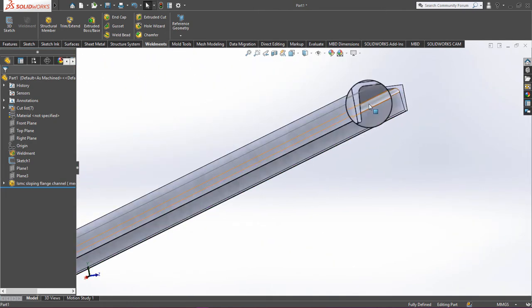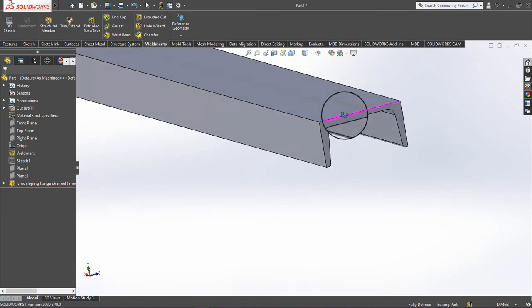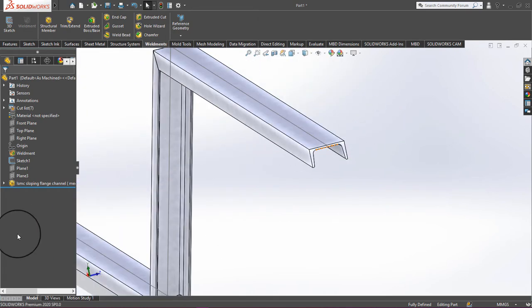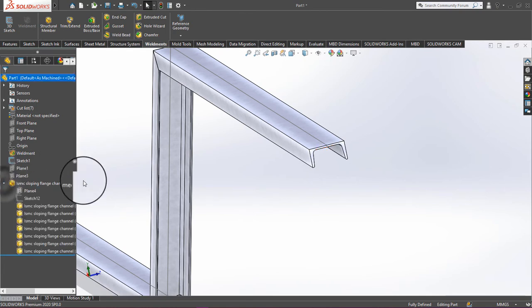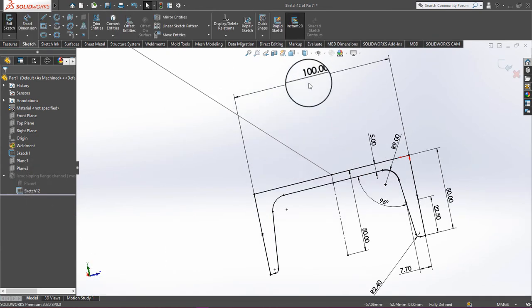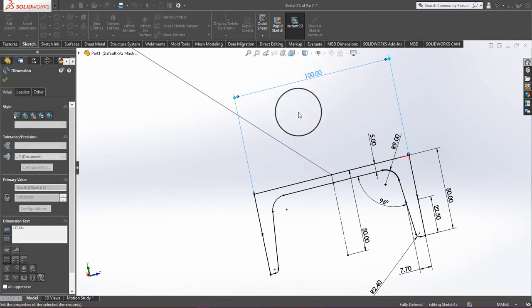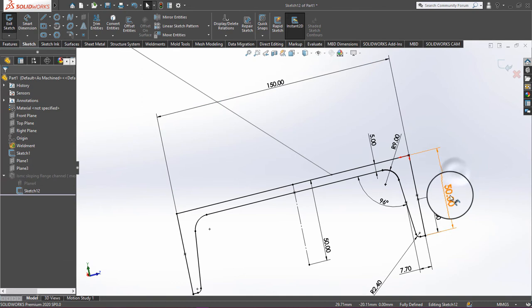To change the dimension of this profile for some modification in future, just click on the tree, and here is the sketch. Click on the sketch and click on edit sketch, and I just want to change it to about 150, and this is about 75.